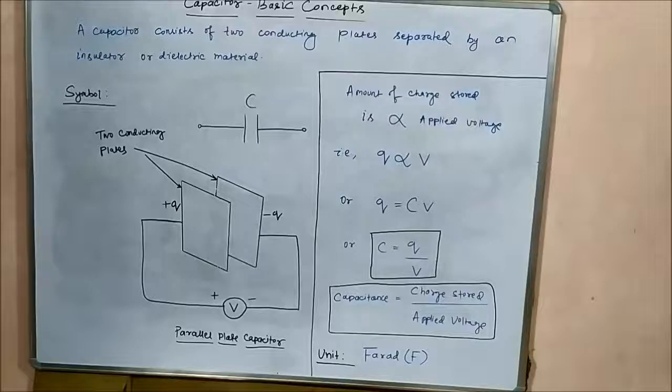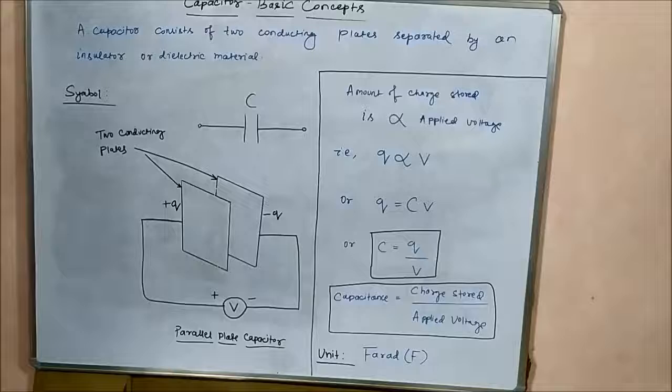So if you take two conducting plates, connect them across a voltage source and separate them with an insulating medium, keeping some insulating medium in between them, then you form a capacitor arrangement. That combination is popularly called a parallel plate capacitor. It consists of two flat plates which are separated by some distance with a dielectric or insulating medium